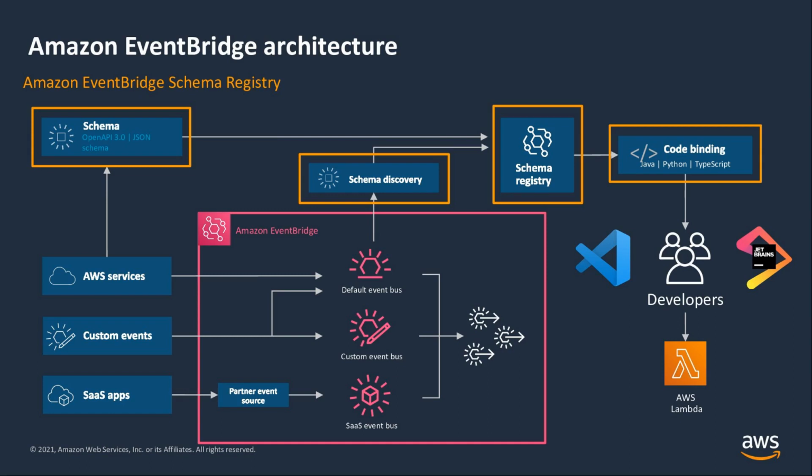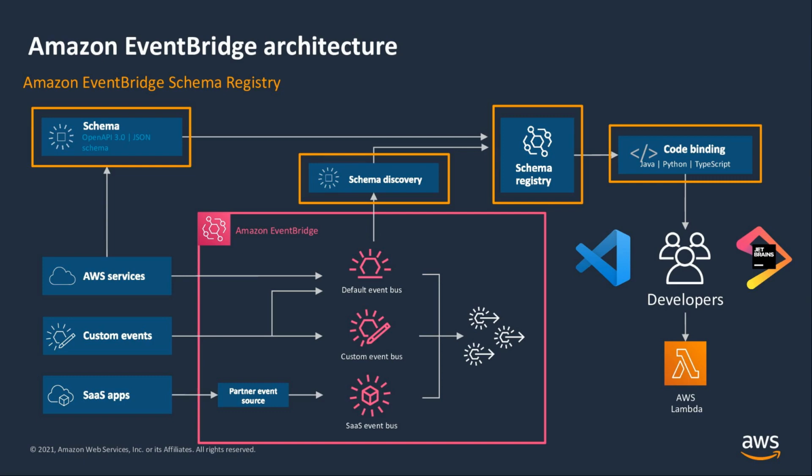So the EventBridge Schema Registry makes accessing schemas easy by centrally storing schemas generated by all your different event sources, so any developer in your organization can access them. When the schema discovery service feature is turned on, all the events in your buses are sent to the registry, so there's no need to create the schemas manually. It's going to automatically discover them. But of course, you have the option to do that, and we provide you some templates as a starting point.